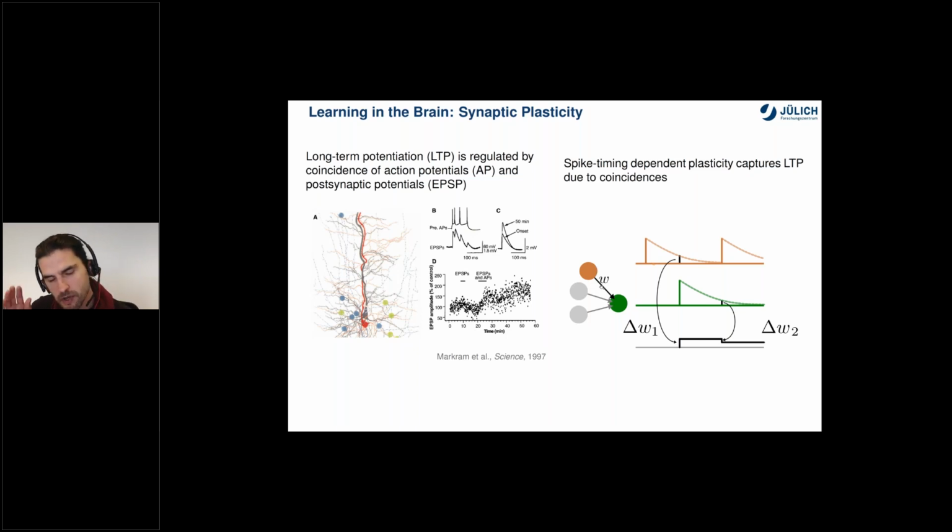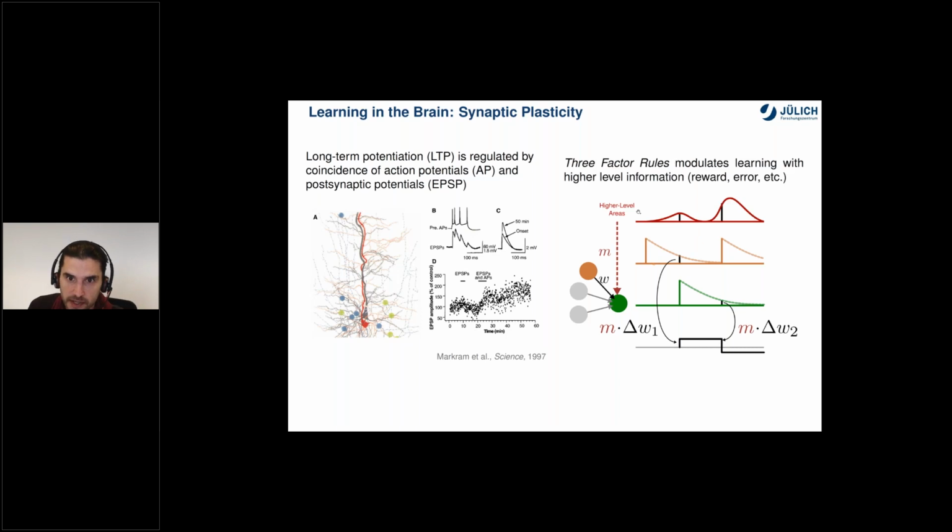And here immediately you see that the volatile devices that we've been seeing, for example, in Sabina Spiga's talk, are really key to implement these temporal processes and enable learning, as well as, of course, the non-volatile devices, which would implement the weights and store the weights over longer time periods. The very attractive feature of this learning paradigm is that it only operates on local information. If you remember, that's one of the key features of how brains compute. They make use of local information because it is a physical system.